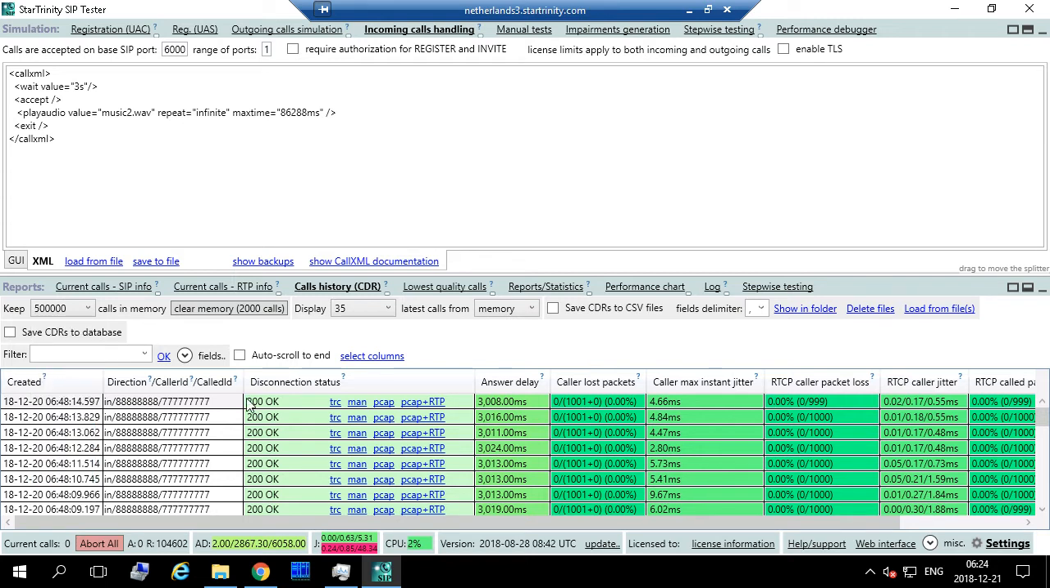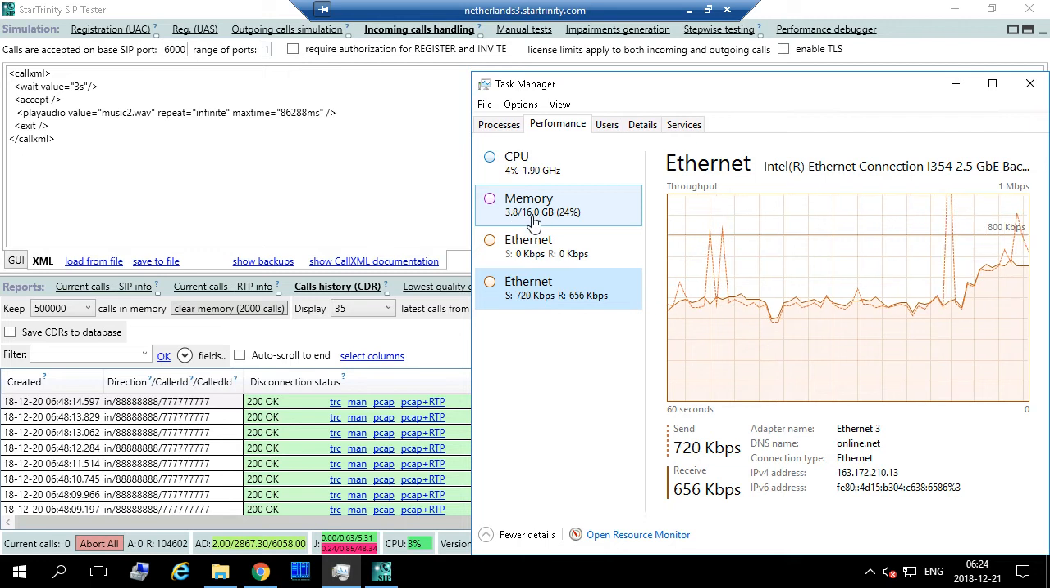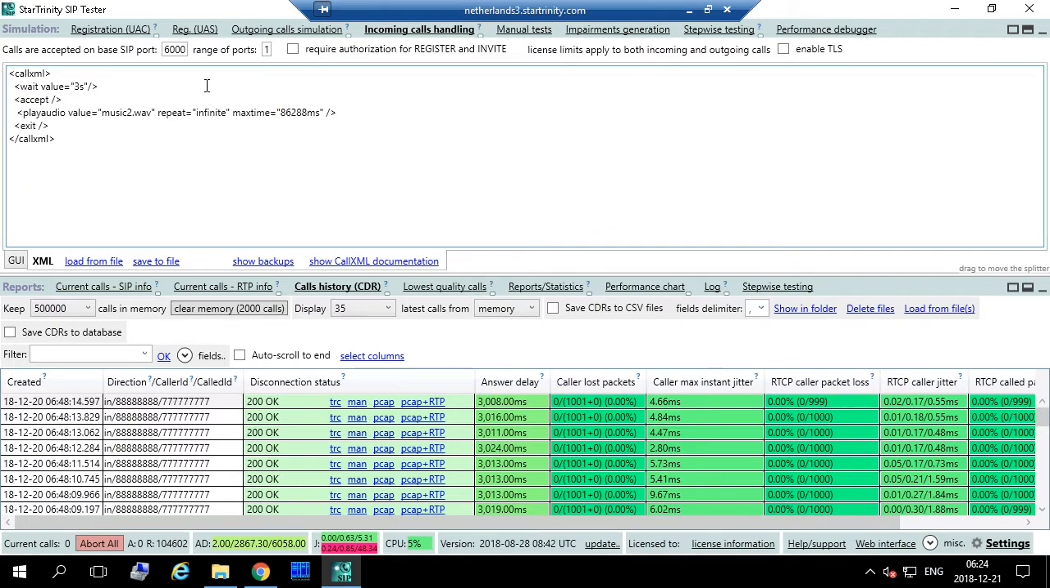But is it going to overload the server? Not much. 100,000 calls is about 2 gigabytes of memory, and this server has 16 gigabytes of memory. It will be enough. Okay. No problem. Yeah. Okay. And this is the server,